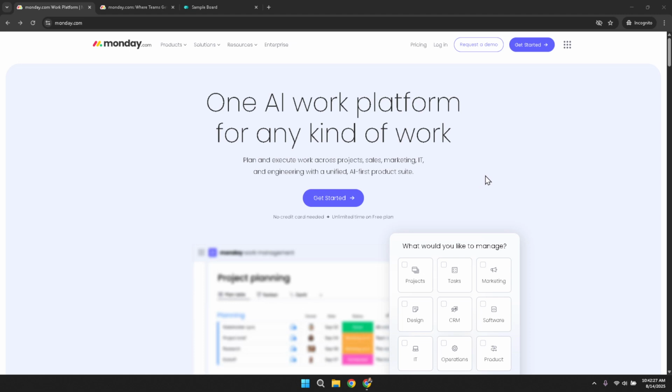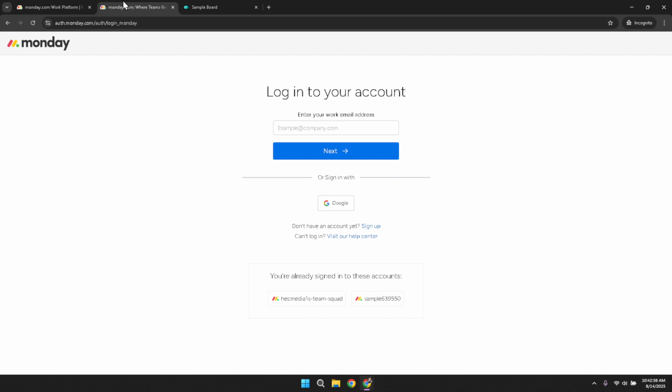First, you'll need to navigate to Monday.com using your preferred web browser. Once the page loads, you'll see the login button prominently displayed. Go ahead and click on that. If you prefer, you can log in using your Google account by simply selecting the Google option. This will bring you to a list of your Google accounts, so choose the one associated with your Monday.com account